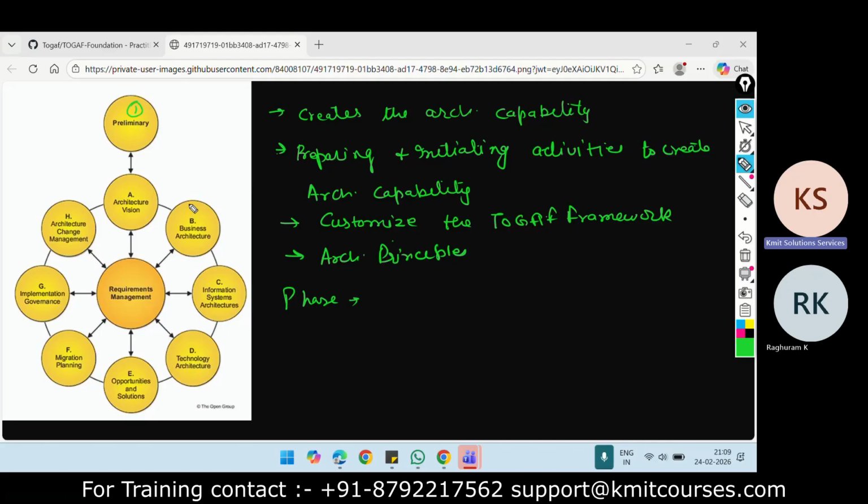So you design the complete architecture here by considering the components of phases B, C, and D. We have discussed those domains. So these phases B, C, and D basically refer to those domains. B indicates business architecture, right? C indicates the information system architecture, which is the combination of data architecture